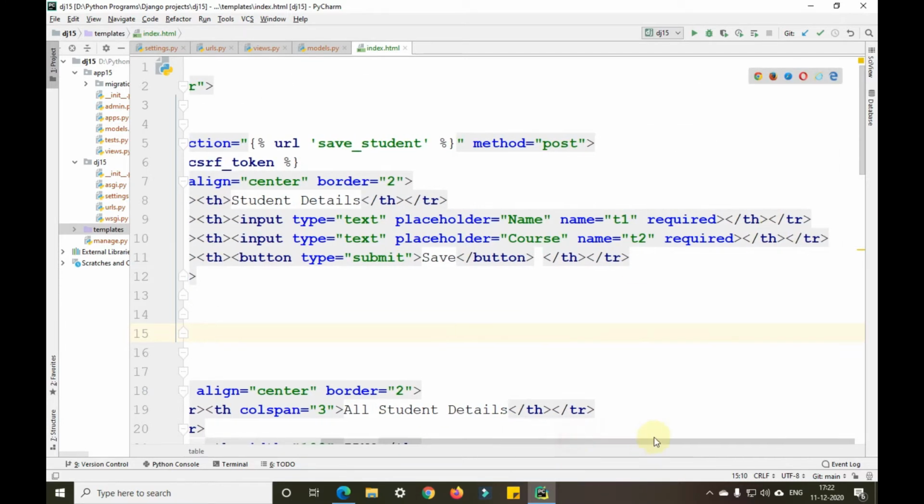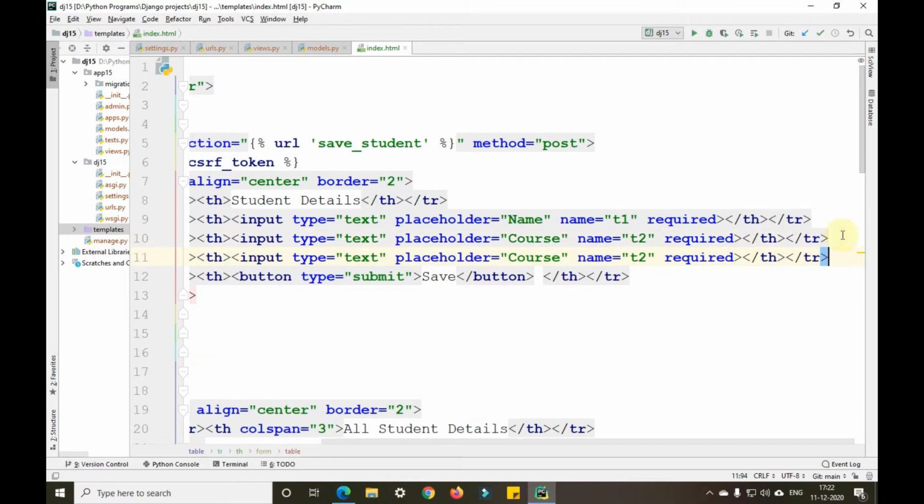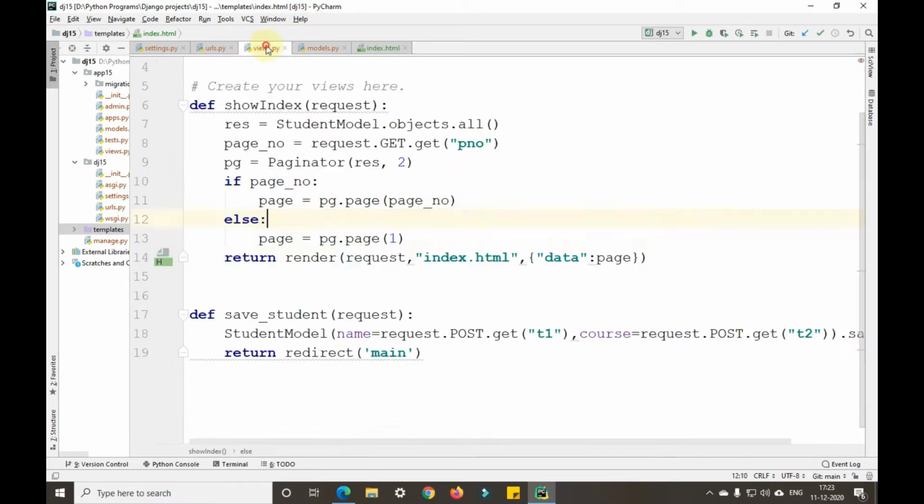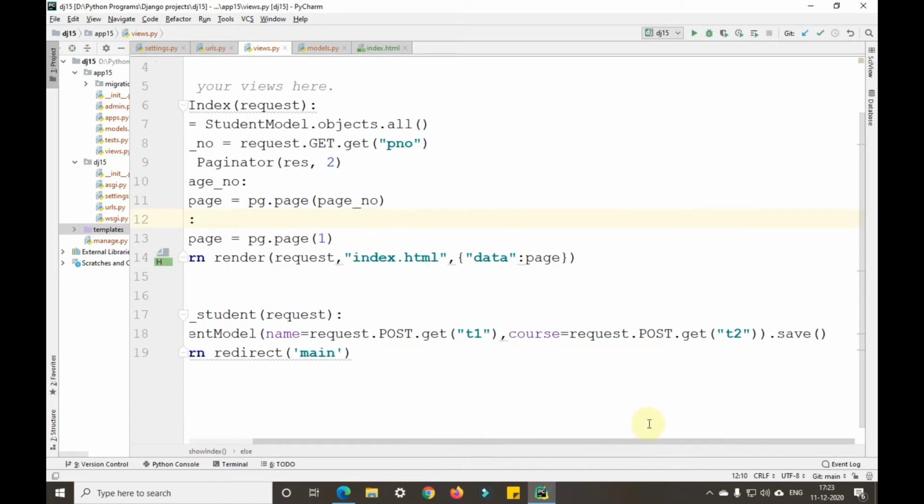I'll just do a thing here. Then I'll take this as number, and this as mobile number, name as T3 here. Similarly, we need to fetch this in the views and send it to the database.